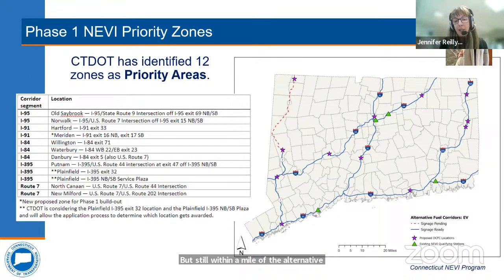Connecticut DOT may consider that site during phase 1 site evaluations, but there needs to be supporting evidence to back up the justification of that location. Also, just so you know, DOT will not be able to make any exceptions for sites that are further than 1 mile drivable distance from the interstate due to the rules set forth within the federal minimum standards. And I want everyone to know that the scoring criteria for site selection will be made available as part of the second phase of the solicitation process, which is a request for proposals, or RFP, which we plan to release in early 2024.